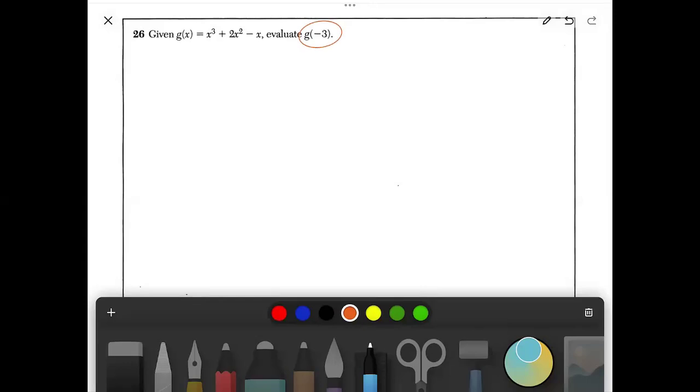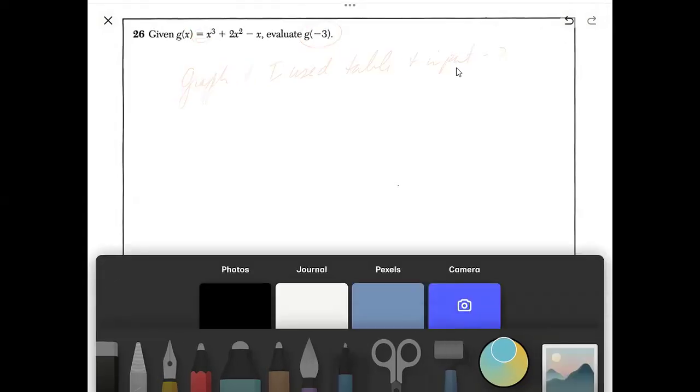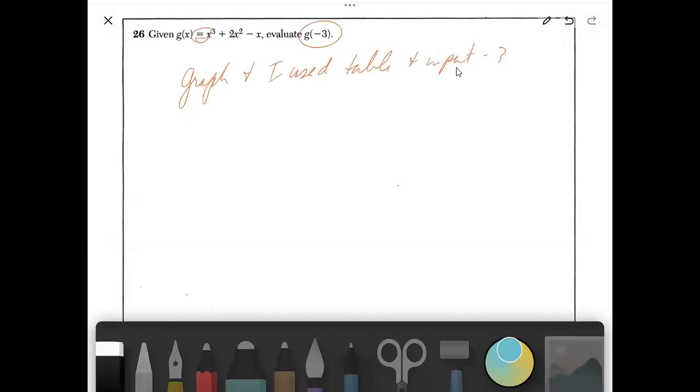Now, in order to get full credit, we're going to graph this, because anytime you have a function, you can graph it. We're going to use menu 51 and see what the output is when we put in the input of negative 3. In order to get full credit, either you have to say, hey, I graphed it, and I used the table and an input of negative 3. You've got to explain what you're doing. You've got to write that out, or you have to